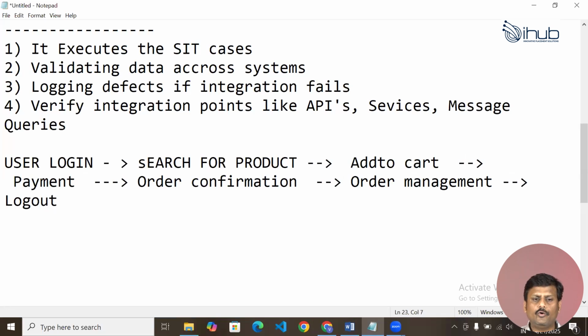This end-to-end flow integrity, how it is happening, that we have to validate. That's called the SIT main intention.